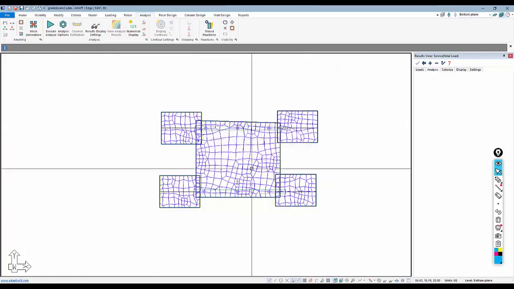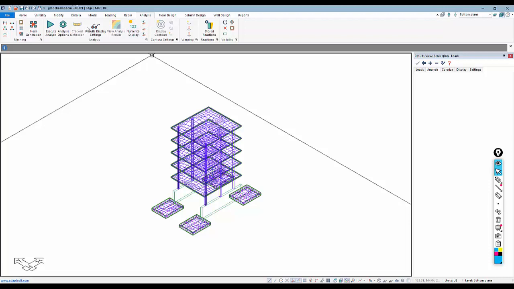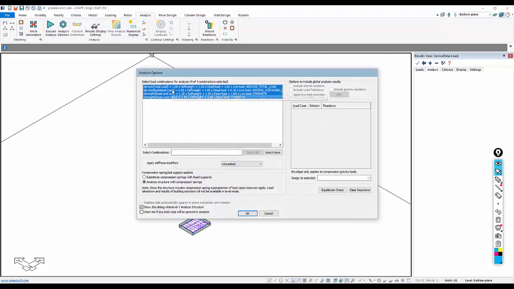And if we try to analyze this, go back and execute the analysis, you'll notice that there's this option here whether we substitute compression springs with fixed supports, which allows us to superimpose load case results to form the combination results, or we can analyze using compression springs, which takes a little bit longer. We have to obtain a solution for each